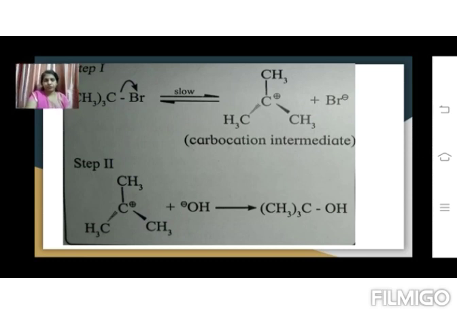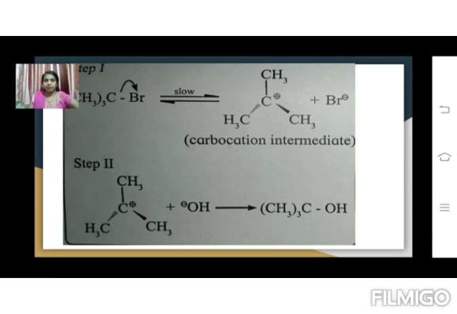What is this reaction? SN1 follows two steps. The first step is the formation of the carbocation, and in the second step we have the attack of the nucleophile. The first step, to form the carbocation, is a very slow step, where we have the breaking of the bond, the heterolysis. So we have the formation of both the ions, the cation and the anion. We have the carbocation which is formed, and then the Br minus halide group comes out.